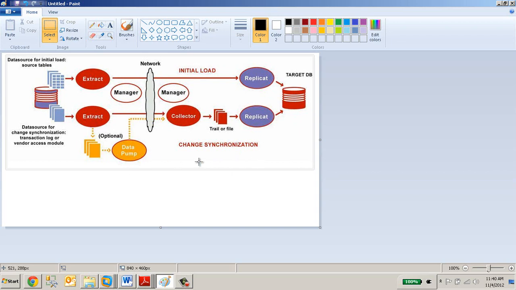When you set up Goldengate, it captures the transactions that are coming now on the source database and applies them to the target. But you have to think about how you need to synchronize the previous data, whatever data has been there before you install Goldengate. Okay, that is this process,